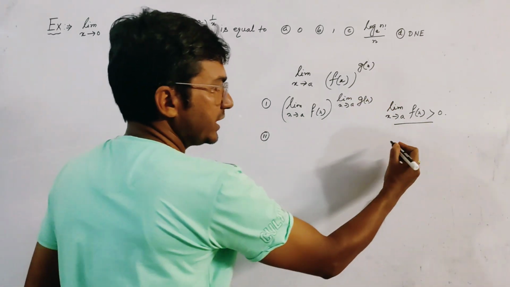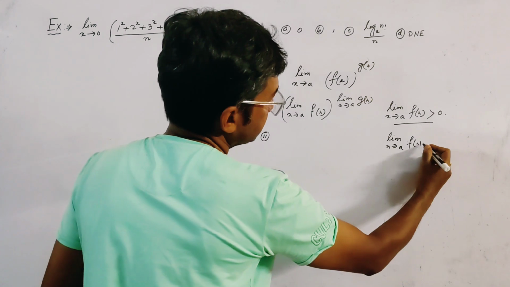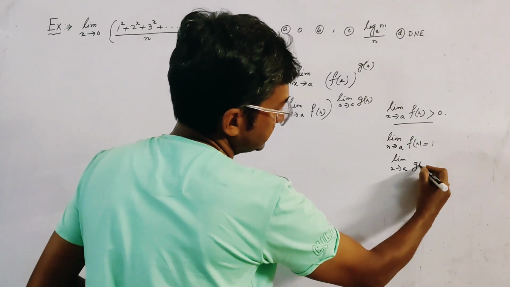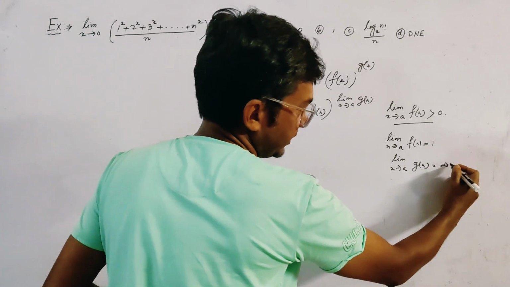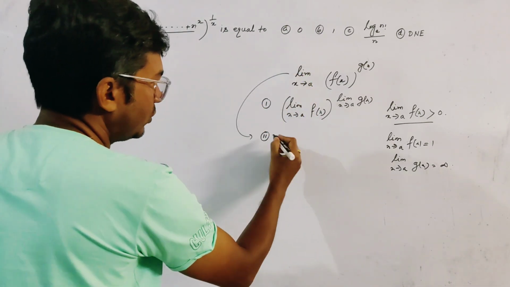The second case: if limit of f(x) is equal to 1, and limit of g(x) is equal to infinity, then we write this limit